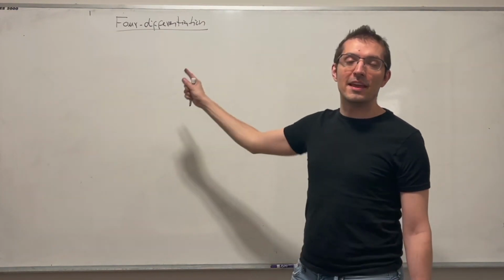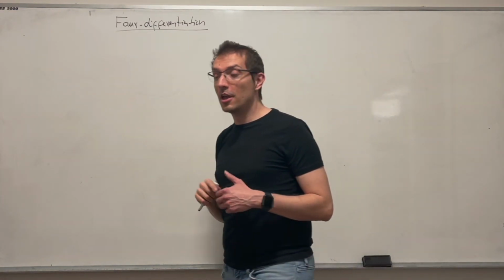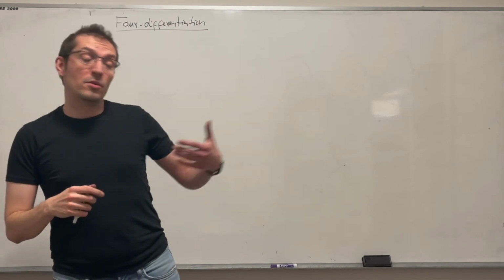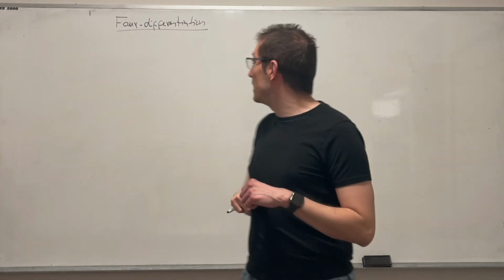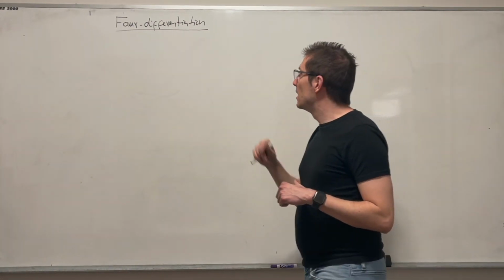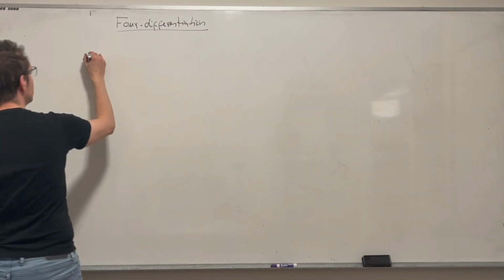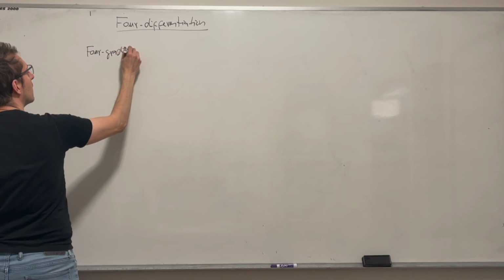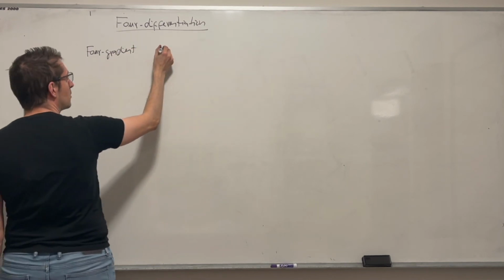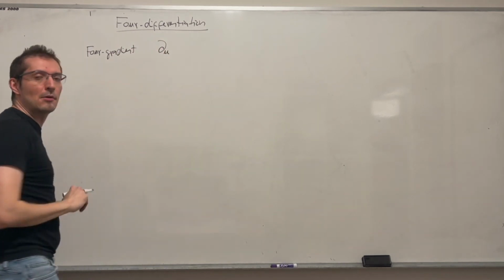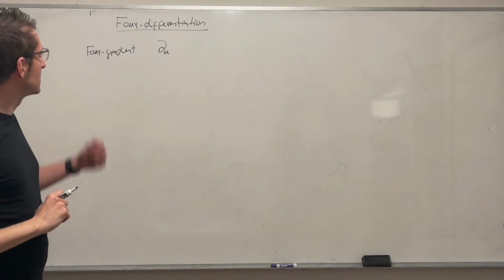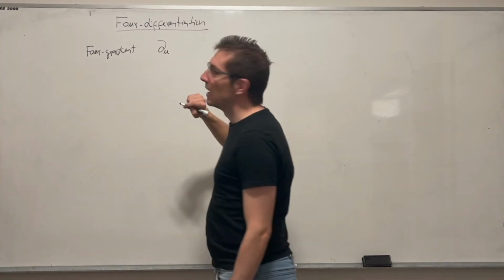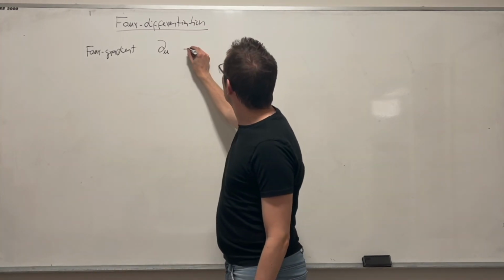One final thing that I want to tell you about before moving into the Poincaré group, which will be in the next video, is differentiation. Now, let me define the gradient operator, which is partial mu. You can think of it as a vector in a way that contains,